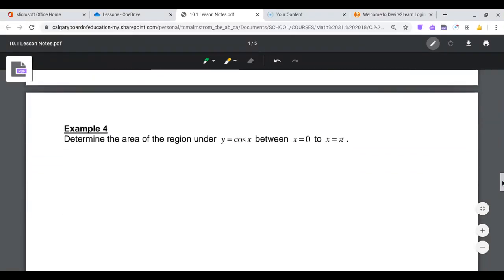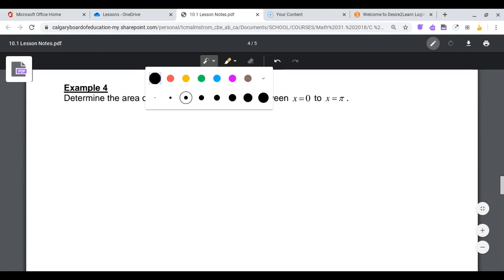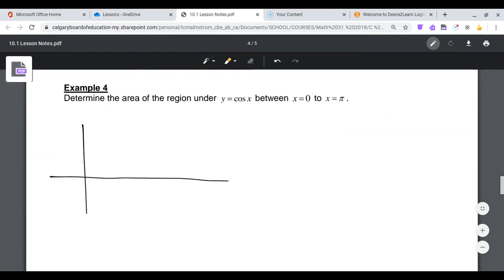Okay, here we go. One more. Determine the area of the region under cos x. So we have to graph our cos x. So remember, cos starts with its max on the y-axis, and it has its x-intercepts at pi on 2. So this is pi on 2. And I'm going from 0 to pi. So pi is where